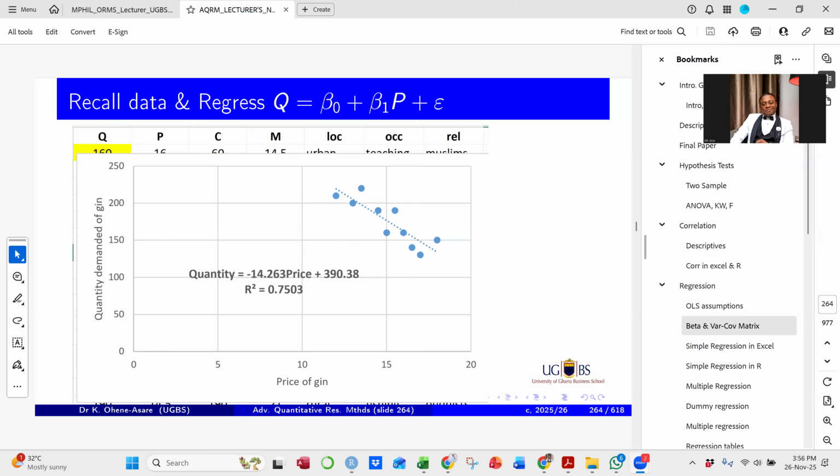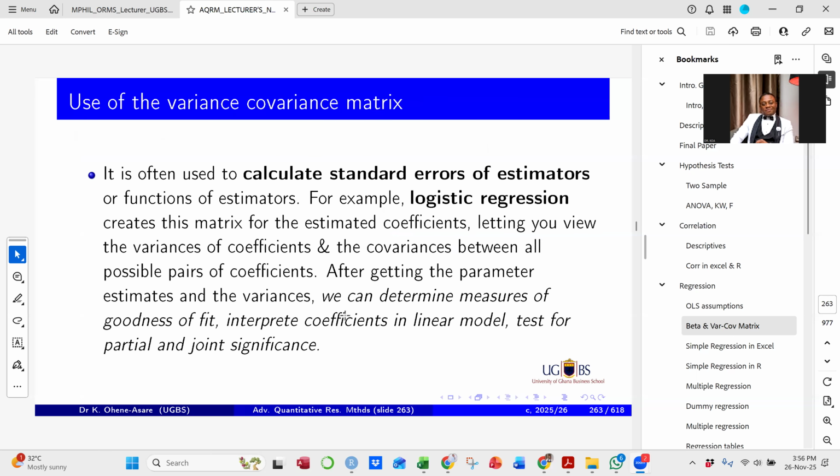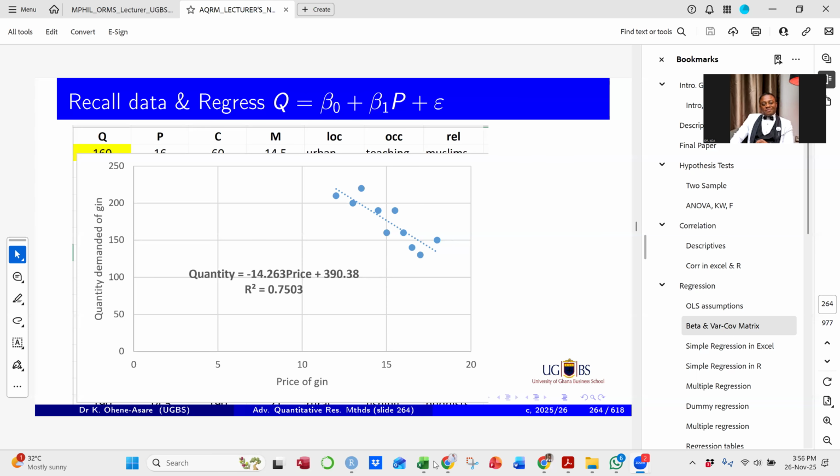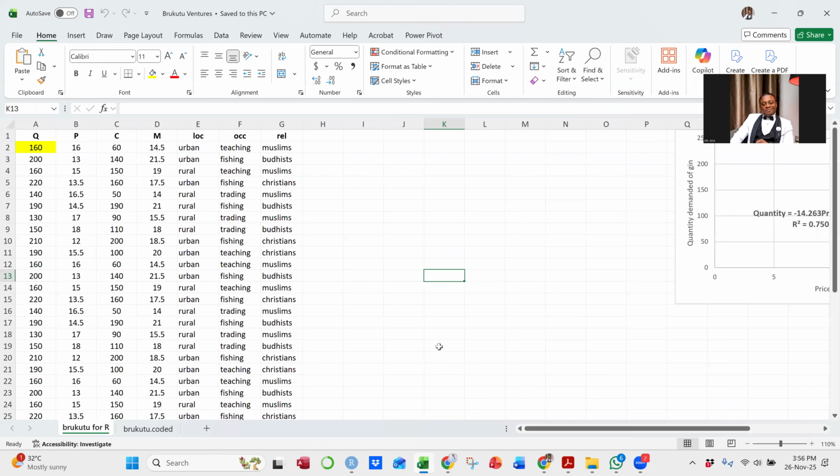Sometimes when people are using R, it's always best to also know how to do it in Excel. The reason is that you know how to do the R, but you're not doing it in Excel. So it's nice that you know how to do it in Excel. So that is the best place to start. However,